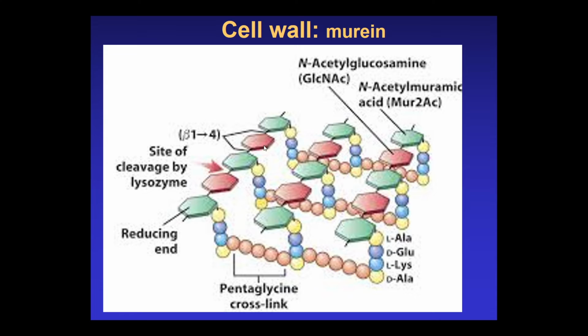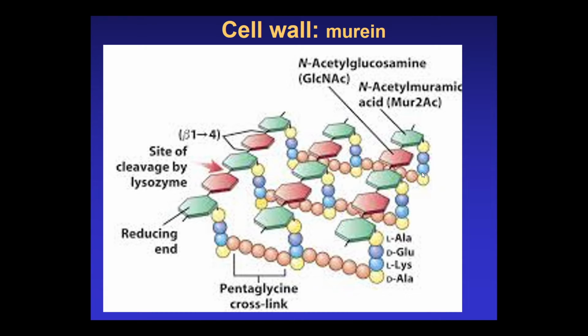Then the structure of murein is made up of polysaccharide or glycan chains, where we have alternating N-acetylmuramic acid and N-acetylglucosamine, like this, right? So they go in one direction. But then the layers of the glycans are connected by a cross-link of peptides that are bound to the N-acetylmuramic acid of the glycans.